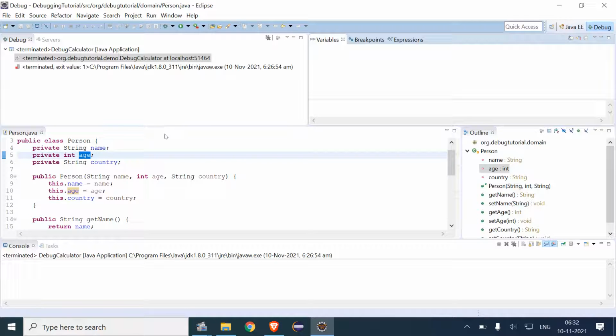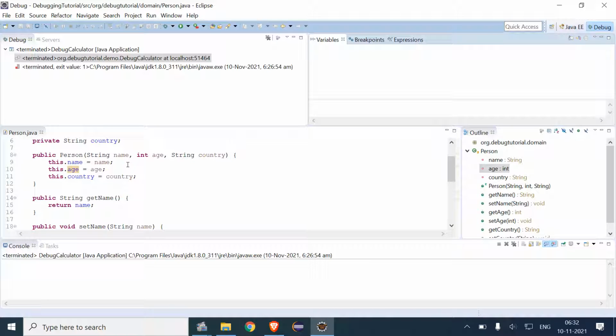For example, if we have a method, there is a variable that is string args, we have person list, and in person list we have age, name, and country. These all things will be displayed in the variables.